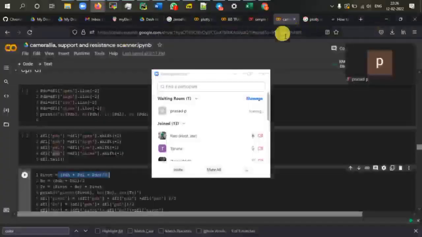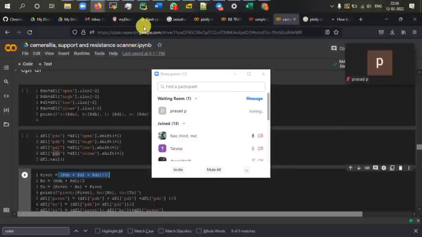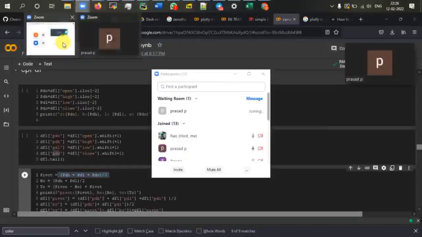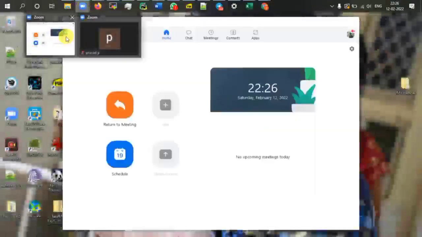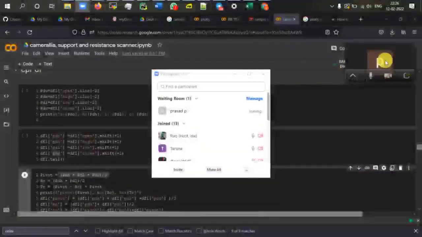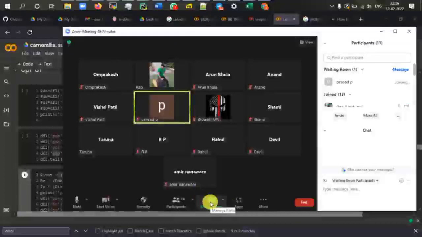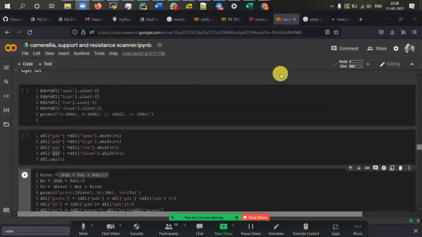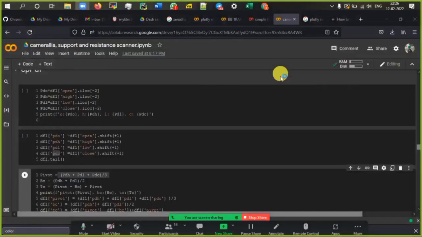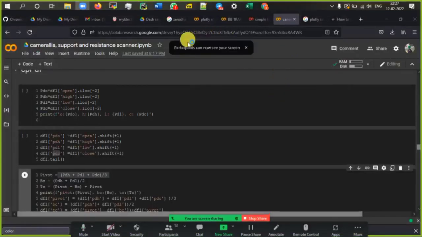But we were executing this. You can see the screen? Can you see the screen? No, we are not. Okay, you can see the screen, right? So